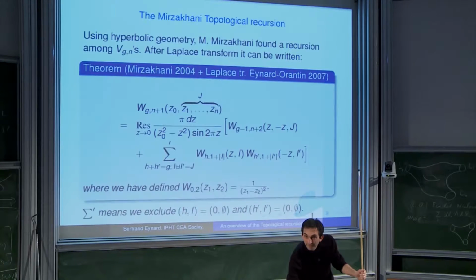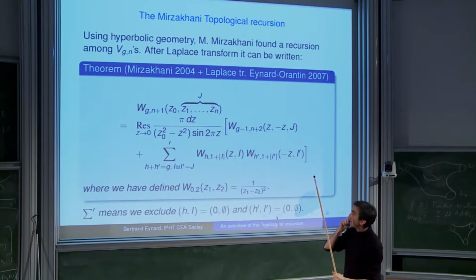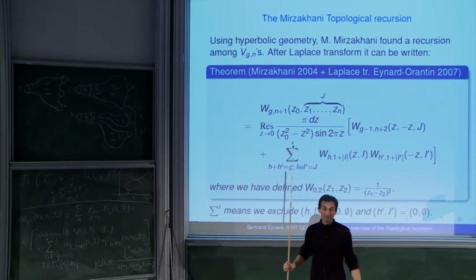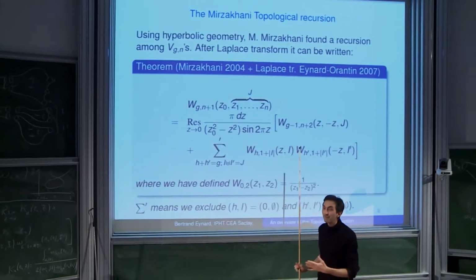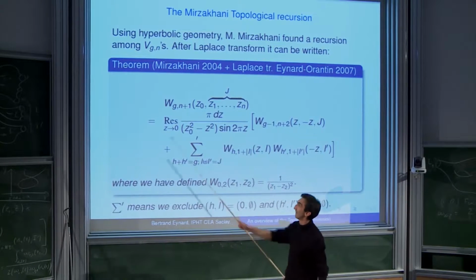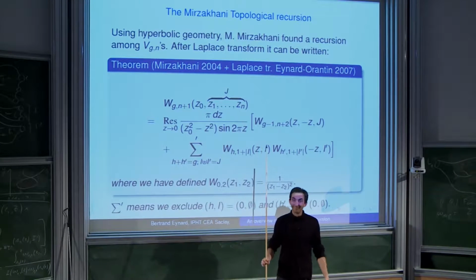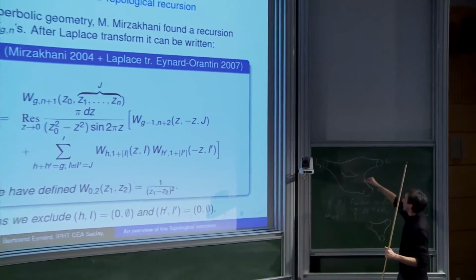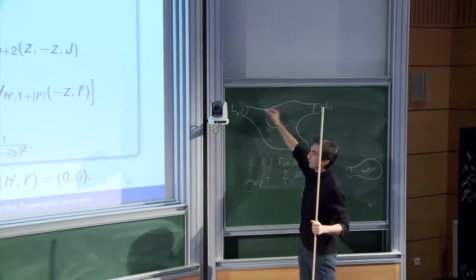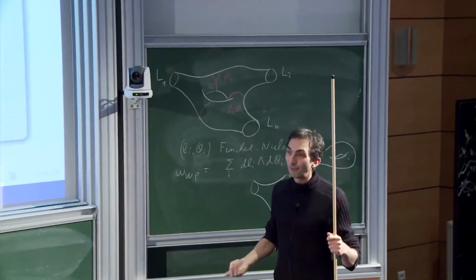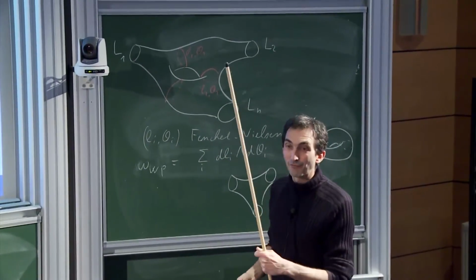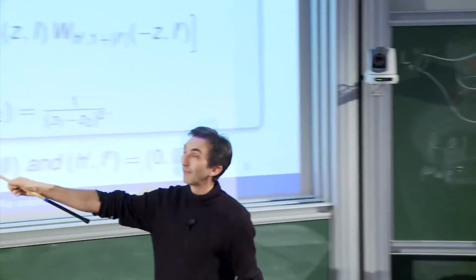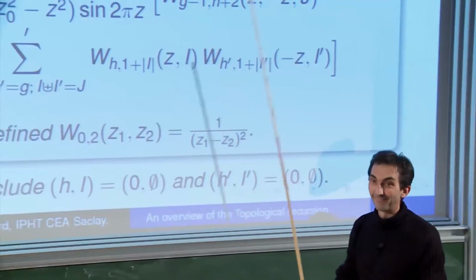Would you give an interpretation of this equation in terms of this picture? In terms of this picture? Yes. Oh, it is not known. I mean, it would be very beautiful if someone would be able to interpret that in terms of that, but it is not known. The way Mirzakhani proved it is that she started to study all the geodesics going from one boundary to another and used the McShane identity. So it's a very indirect proof, and there is no picture corresponding to that. It is not known.